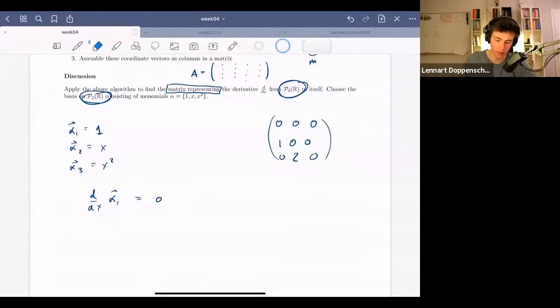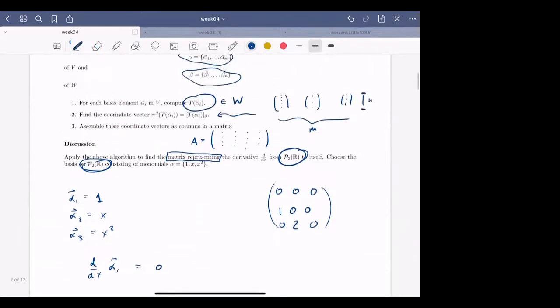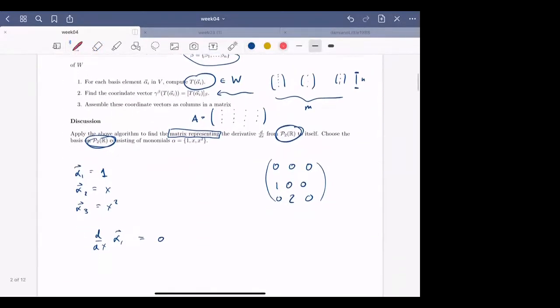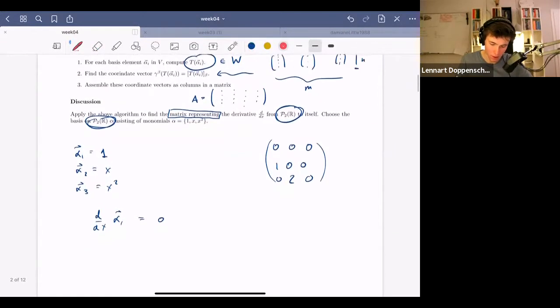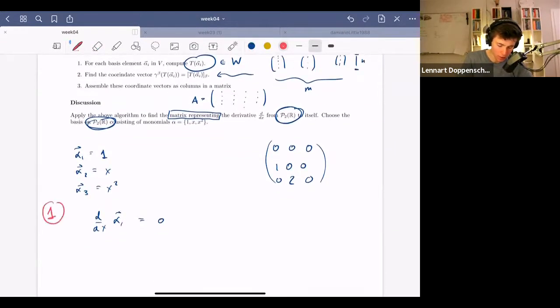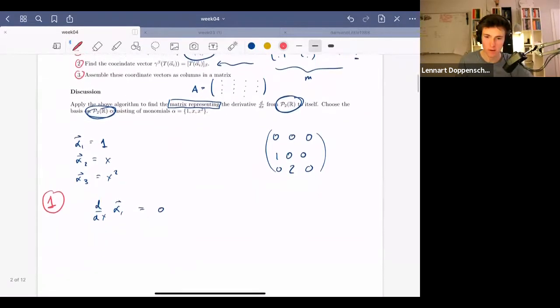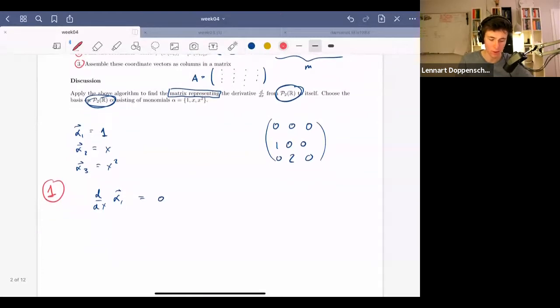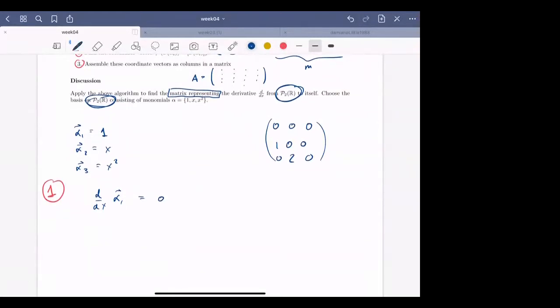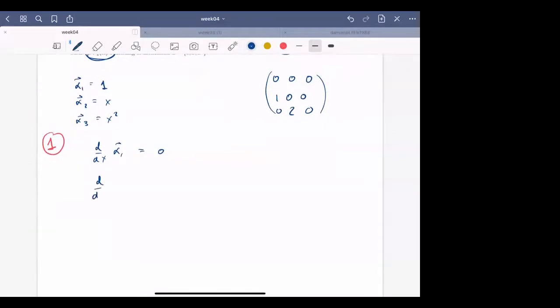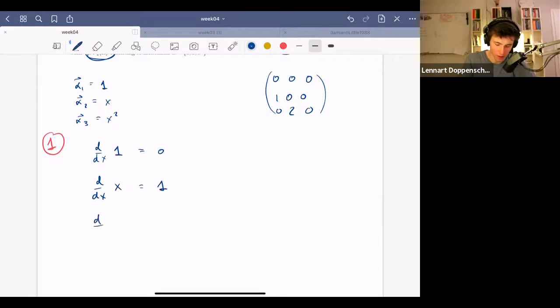Okay, one second. I want to do this step by step and slow this down a little bit. So this is step 1, right? We are now at step 1. Let me just color code them for 1, 2, and 3. Can we finish step 1 for all the elements alpha 1, alpha 2, alpha 3? Yeah, sure. So x would land at 1, and x squared should land at 2x. Yes, thank you. Okay, so this is step 1.